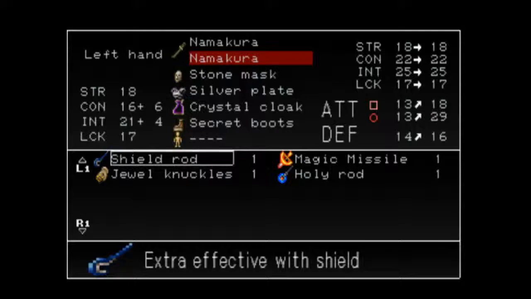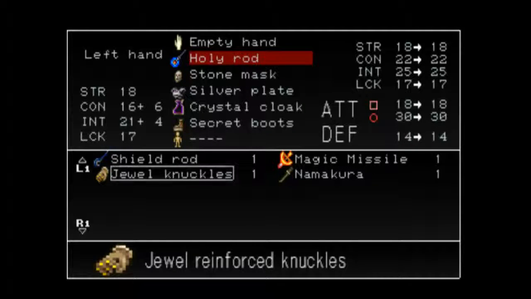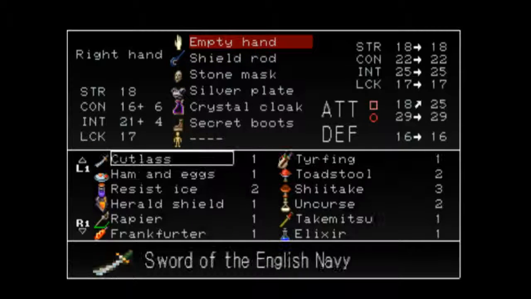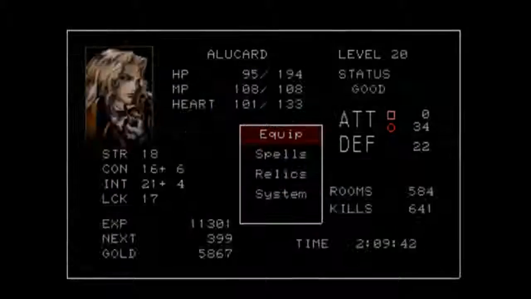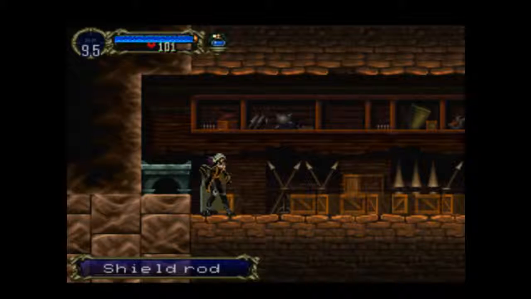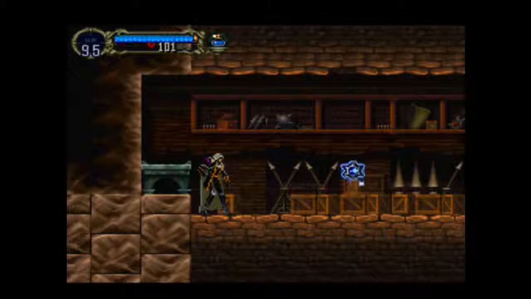Do I have a shield I can, oh, not the Namakura. Where'd it go? There you go. Do I have a shield I can demonstrate this with? Yes, I do. Because first off, here's the shield rod on its own. Pretty weak and pathetic at short range, though it does have a little thing like that